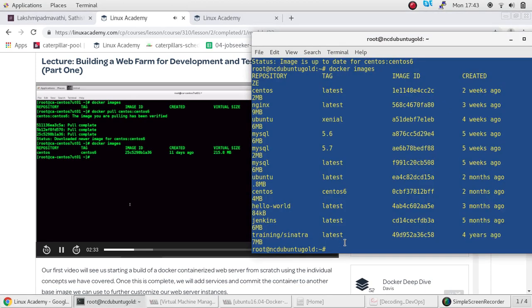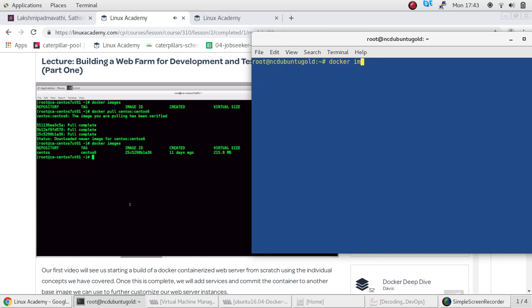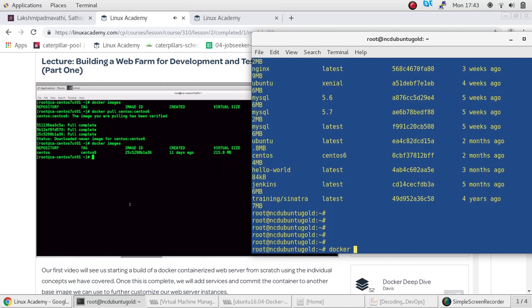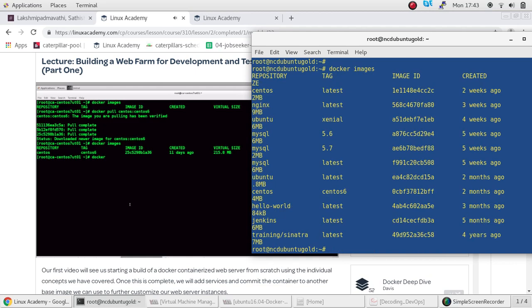So the first thing that we're going to want to do is treat this as we would any new CentOS system that we would set up. We're going to begin installing services on it. And in order to do that, we need to launch an instance. So we're just going to interactively launch an instance of our container. We're going to do a docker run -i -t centos:centos6, and we'll launch a /bin/bash prompt. And we're going